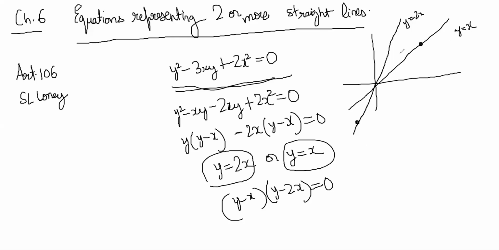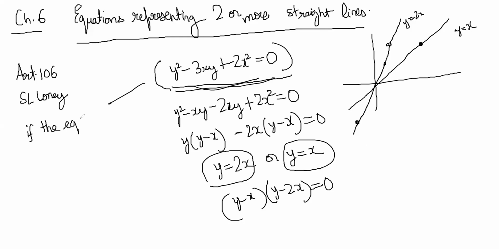And any point lying here will also satisfy this, right? Because points lying on these lines will make one of the factors at least 0, right? So this is like an equation of a pair of two straight lines, no? Two straight lines equation this is, right? Now notice one thing, one cool thing here is that if